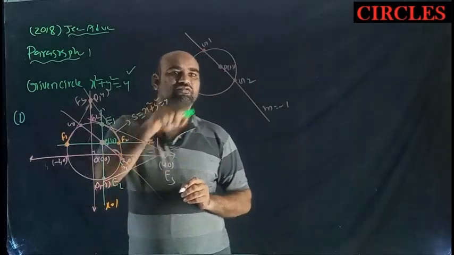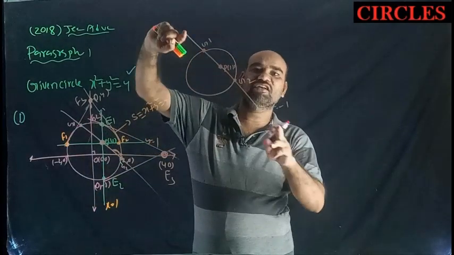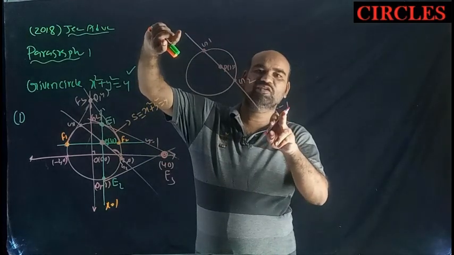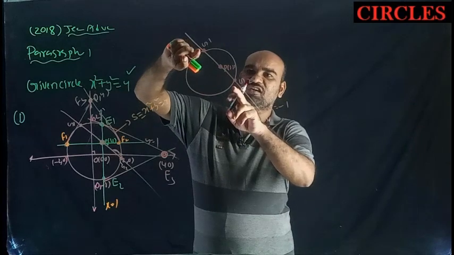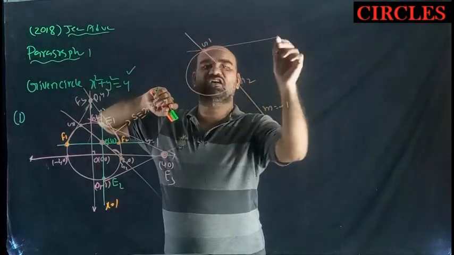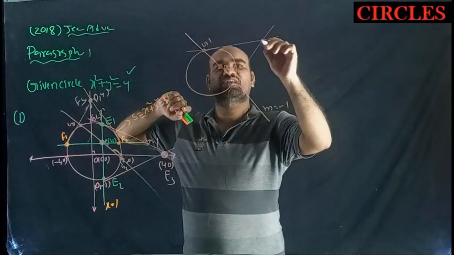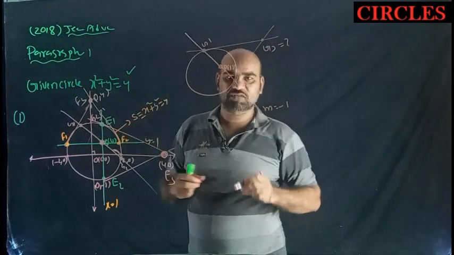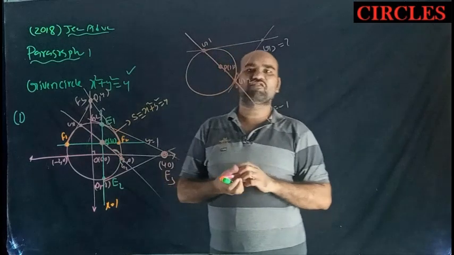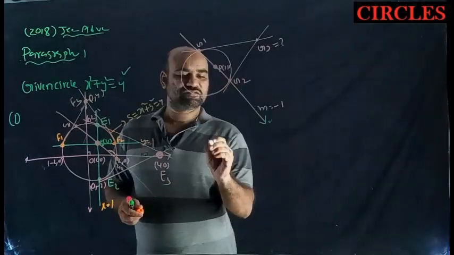Through P(1, 1), a line is drawn whose slope is -1, which intersects the circle at G1 and G2. This is called another chord. Through G1 a tangent is drawn, and through G2 another tangent is drawn. Their meeting point is named G3. We want to find the coordinates of G3, so first of all we need to find the coordinates of G1 and G2.